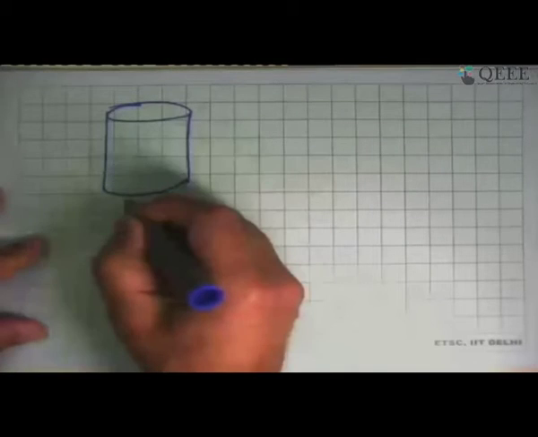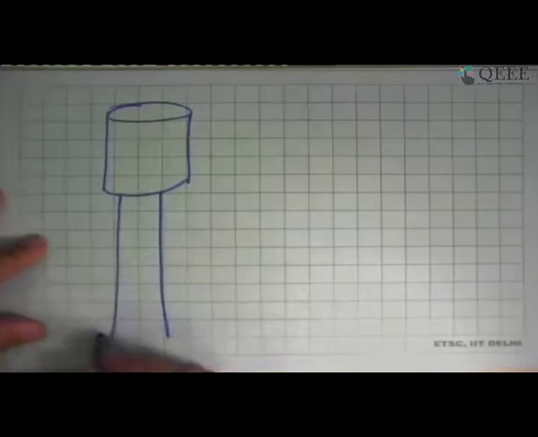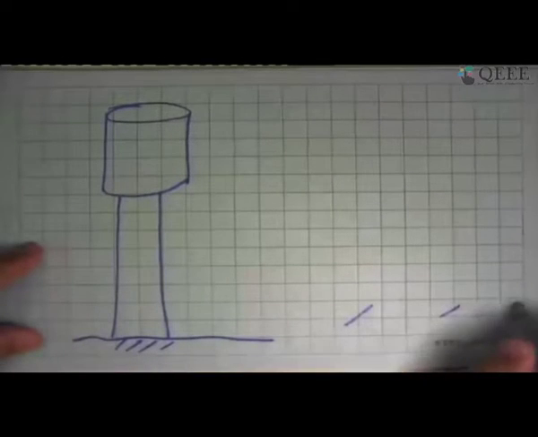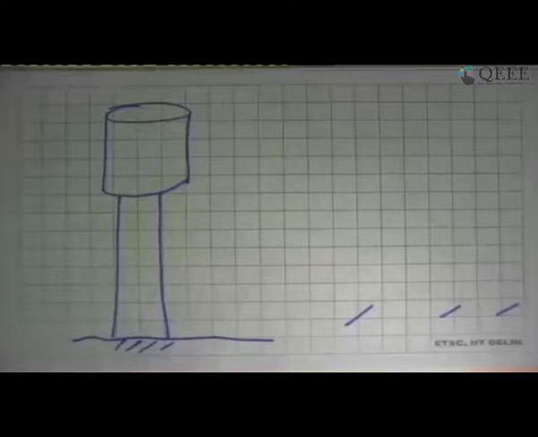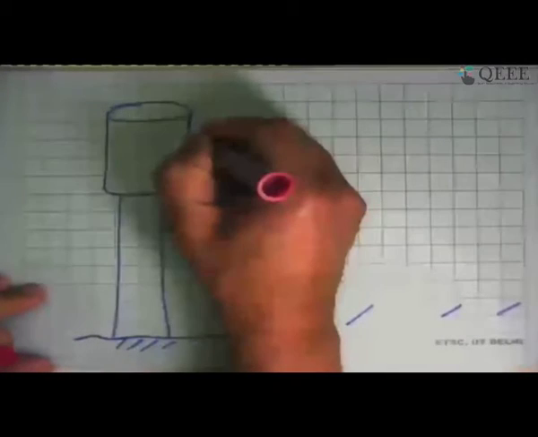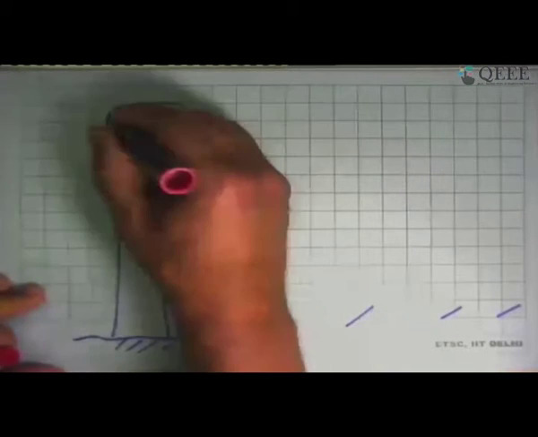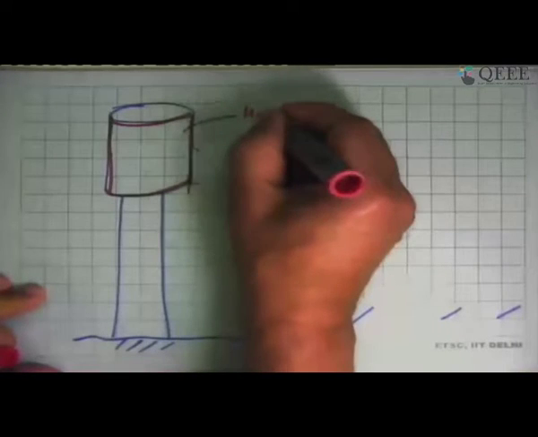If you have seen solar concentrating applications, there's a tower, and I'm just drawing a particular thing, which is supported at a height over the ground. There are lots of mirrors here called heliostats, which reflect solar energy onto this. So this solar radiation falls on this. Part of it is absorbed, some of it is reflected, and the external surface of this becomes hot.